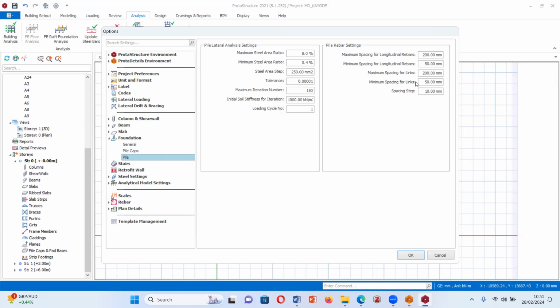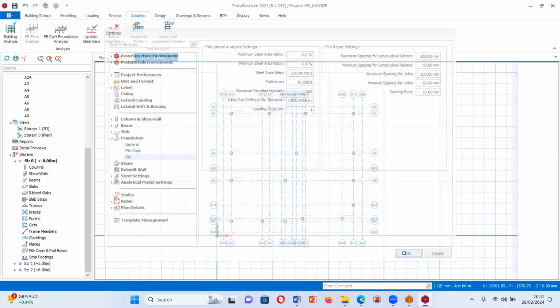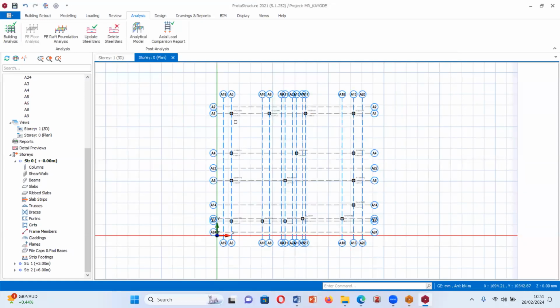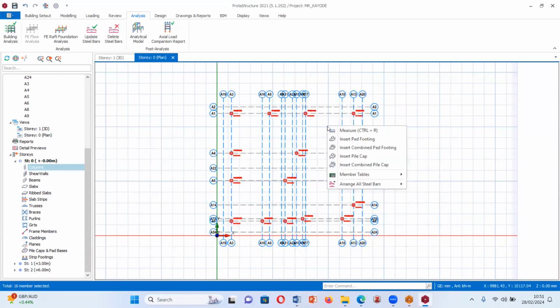Add space for links here. I'm going to leave it as it is, and I'm going to just click OK. So I'm going to come here, and I'm going to select everything here, and I'm going to right click,